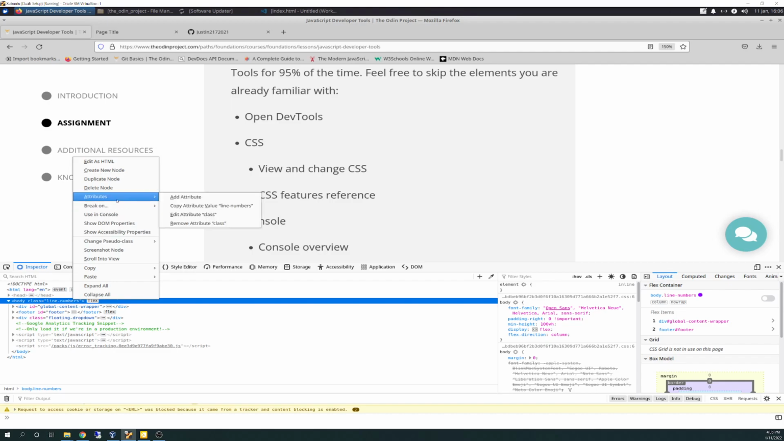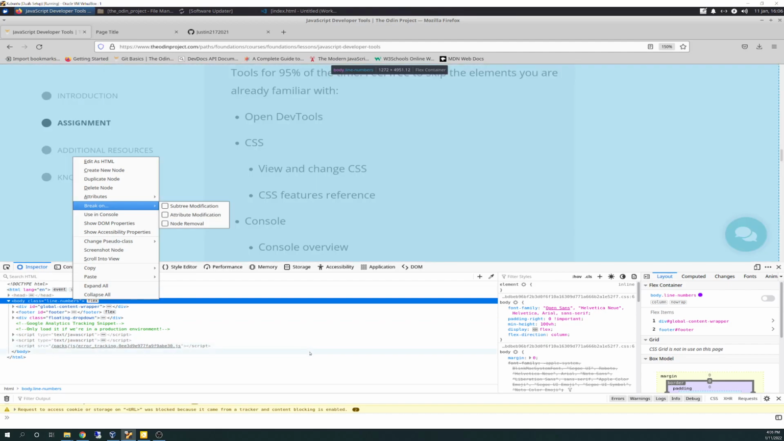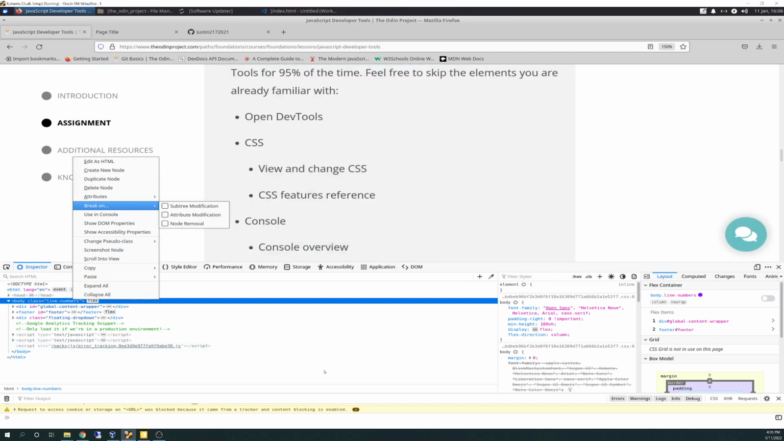Again, I'm fumbling around a little bit because I showed you how to do this in Chrome, not Firefox. I'm using Firefox, but there you go. Break on subtree modification, attribute modification, or node removal. They talk about the differences of these and what they mean. Again, the menus are for the most part pretty similar between Firefox and